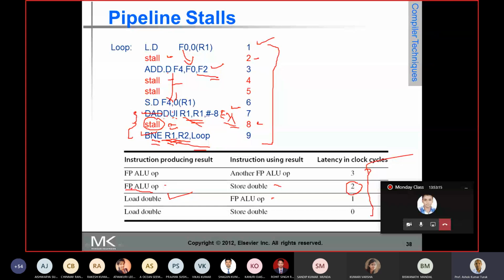The add unsigned integer and the branch not equal to are also data dependent.